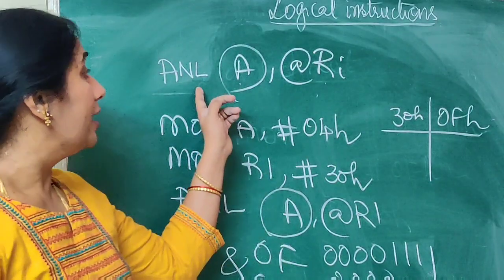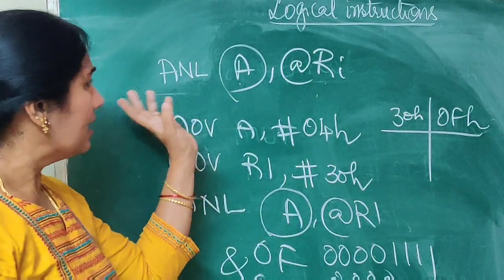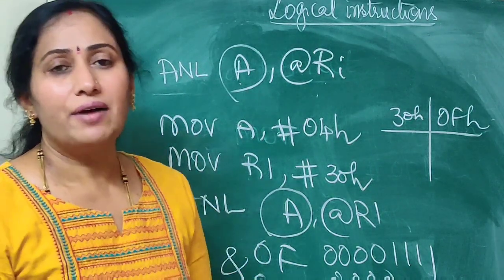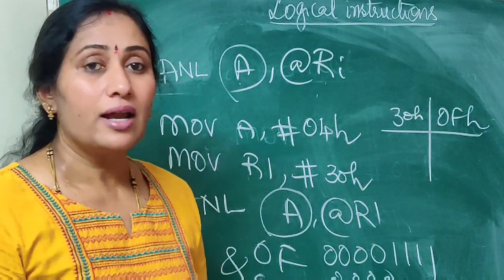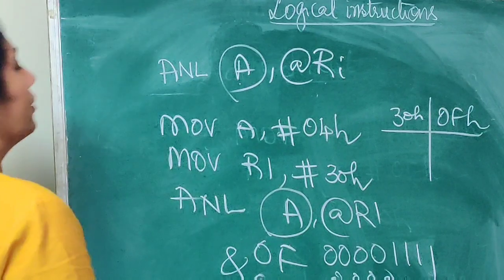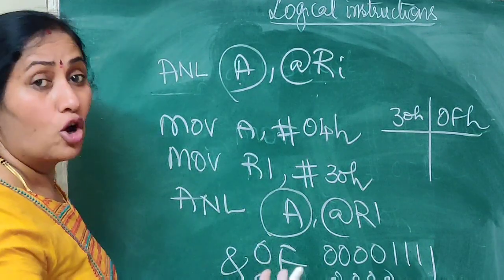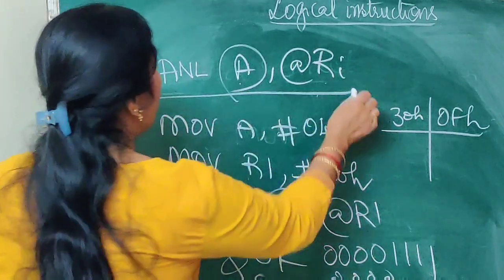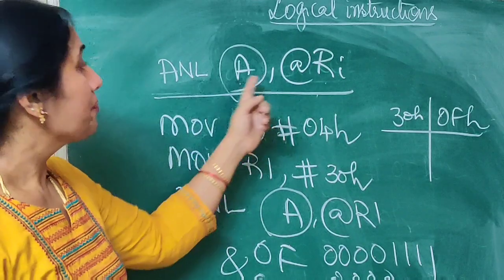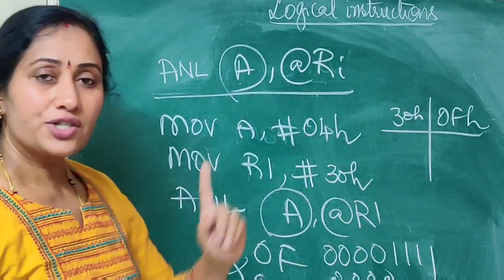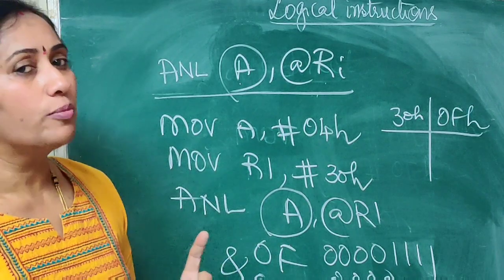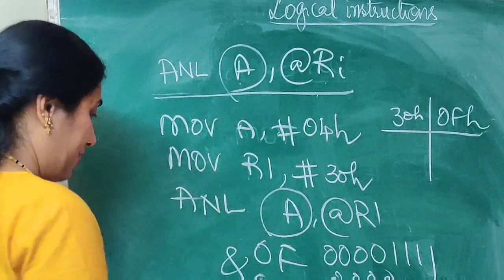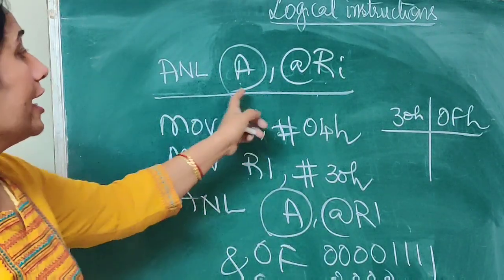So this is the meaning, or how I am going to use the AND instruction. As I have said before, AND instructions are going to be used whenever I want to perform masking. Masking means making that particular bit, or the nibble, or the whole byte equal to 0. Now the type of addressing mode the instruction is using is indirect addressing mode. The length of the instruction is going to be 1 byte. Since the content of the accumulator is getting affected, the parity flag is affected. So this is ANL A, @Ri.